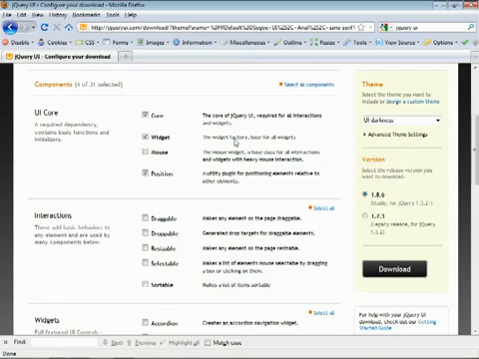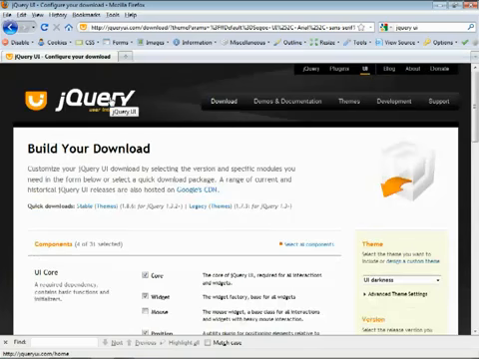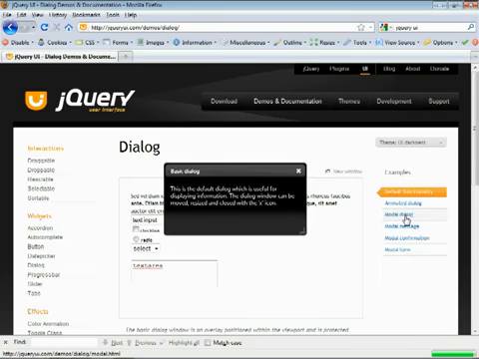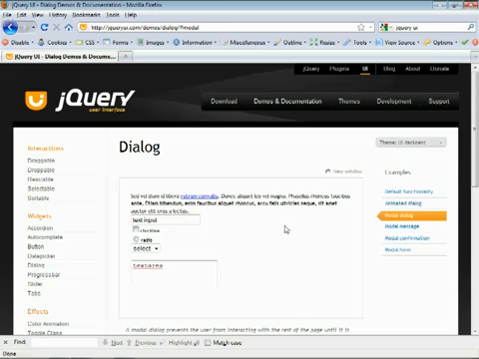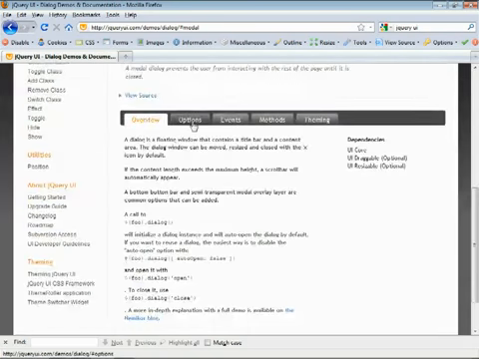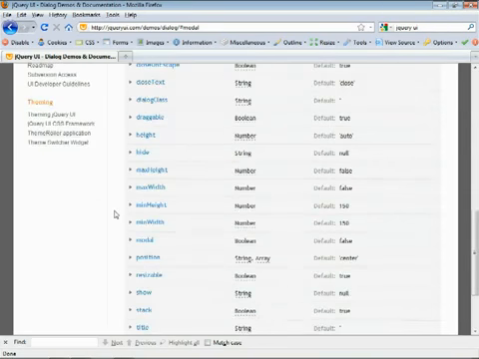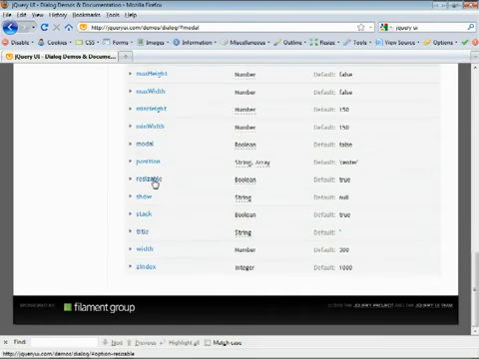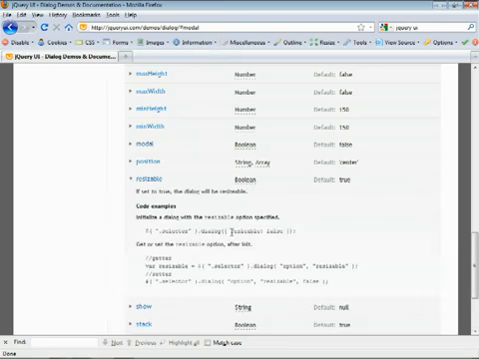If you guys are back in the jQuery page, I'm back in the browser here, sorry to jump around, and I go to Demos and Documentation, once again, and then come down here, you guys are going to see Dialog again. Click on that. If you click on Modal Dialog, get rid of this, then it just shows you what it looks like. Scroll down, you guys are going to see Options. Let's suppose that I don't want it to be draggable. If I come to Draggable here, click on the arrow to open it up, you guys are going to see this, draggable false. Copy that, and matter of fact, any one of these, you guys, draggable, if you want to make it so they cannot resize it, let's say, just find the resizable false or whatever it is in there,